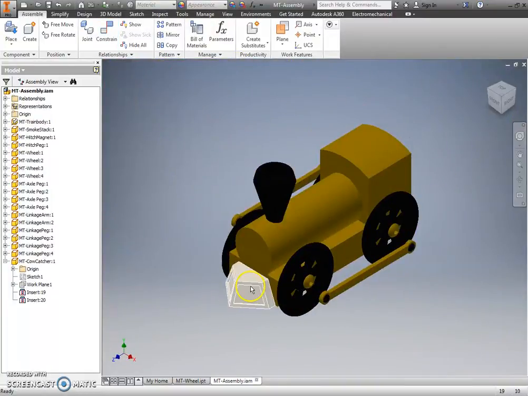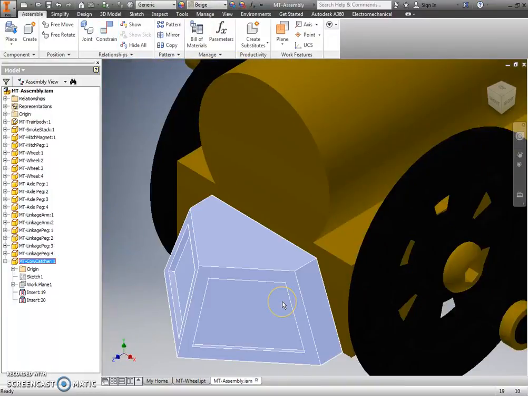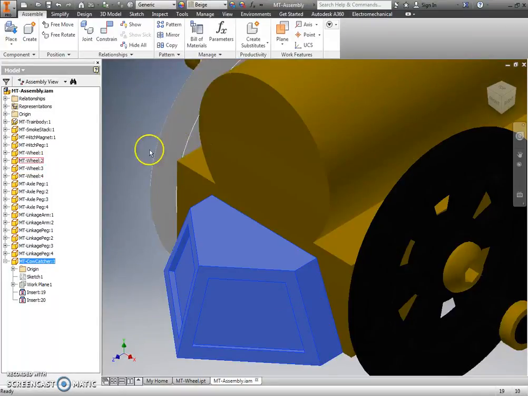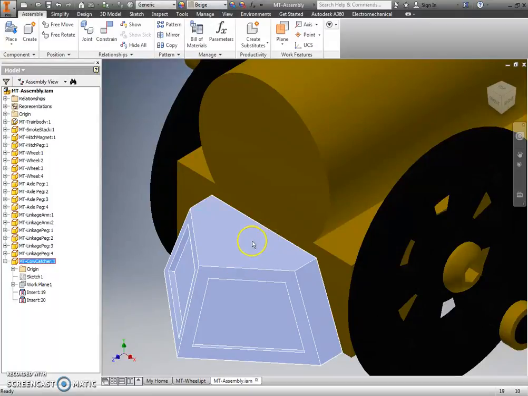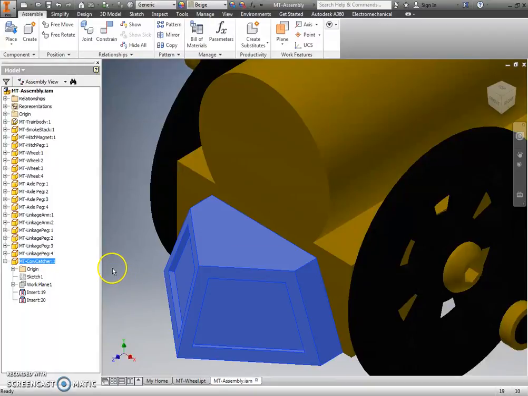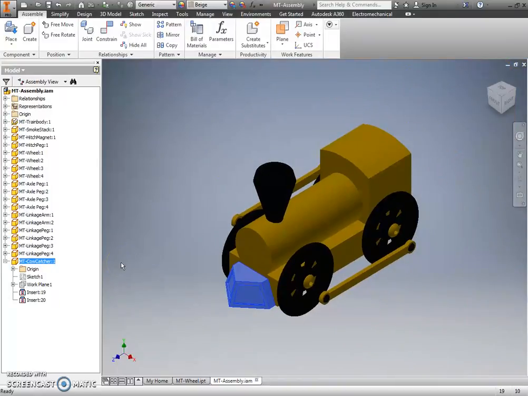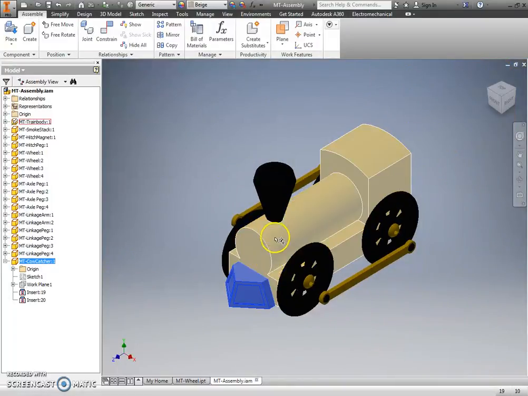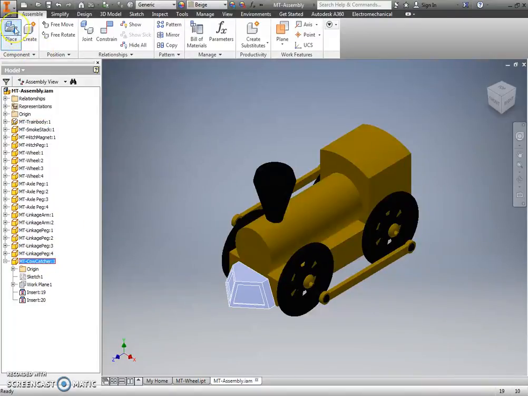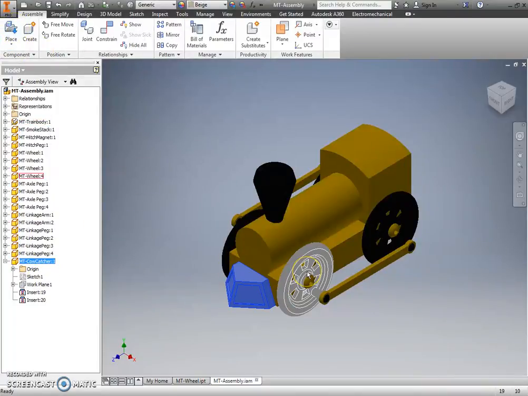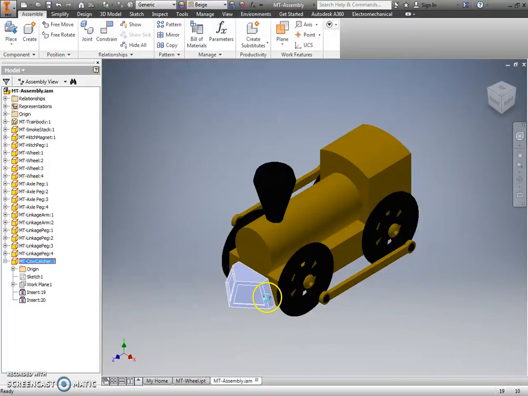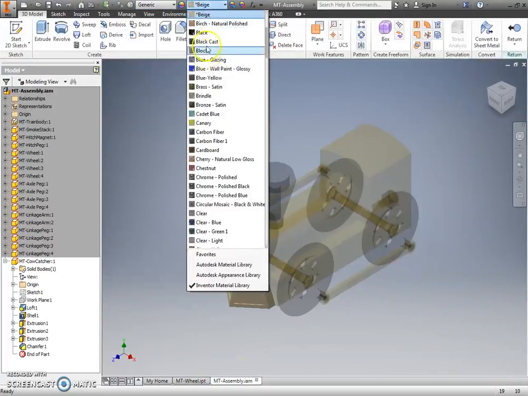And right there, when you place that second insert constraint, you have an error message pop up. That error message pops up because either the pegs on the back of the cow catcher or the holes on the front of the train body don't align correctly. So you'll need to double check those dimensions if you're getting that error message. Okay? But that shows you how to place a component again. It shows you the insert constraint. It also shows you how you can edit parts